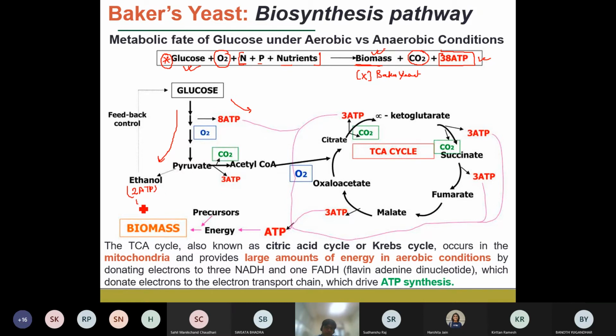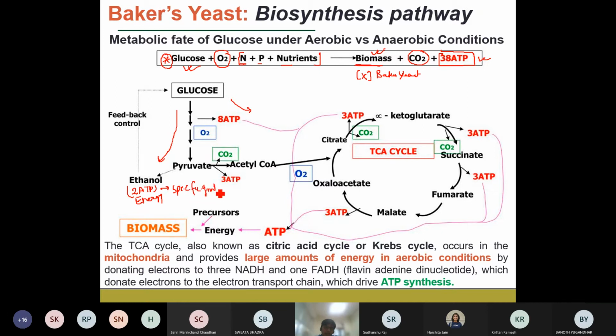So ATP is nothing but a source of energy. Okay, and this energy source is required for the metabolism of the cells. That means if ATPs are produced at a higher concentration, the cells can use them to improve the specific growth rate, or the microbial growth rate, of the microorganisms.